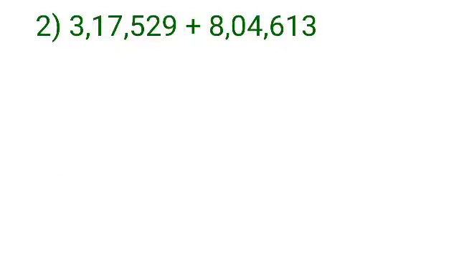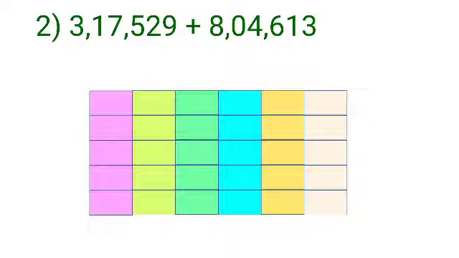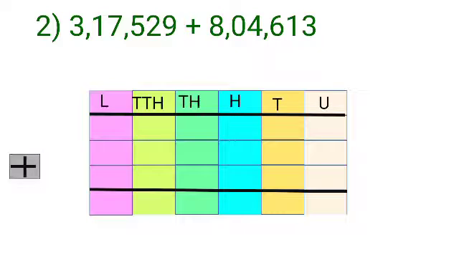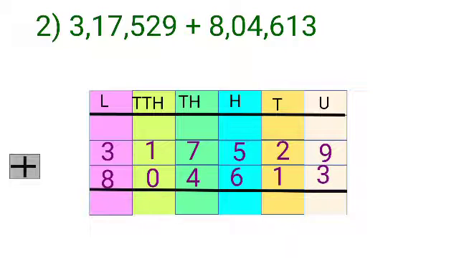Now have a look at this next example. Again, both the numbers are 6 digit. So according to that, here is the table of place value with the proper plus sign and all the place value names. Now you have to write all the digits in the proper place. Arrange all the digits as per the place value. Here the second one. Now it's simple, you have to do the addition.